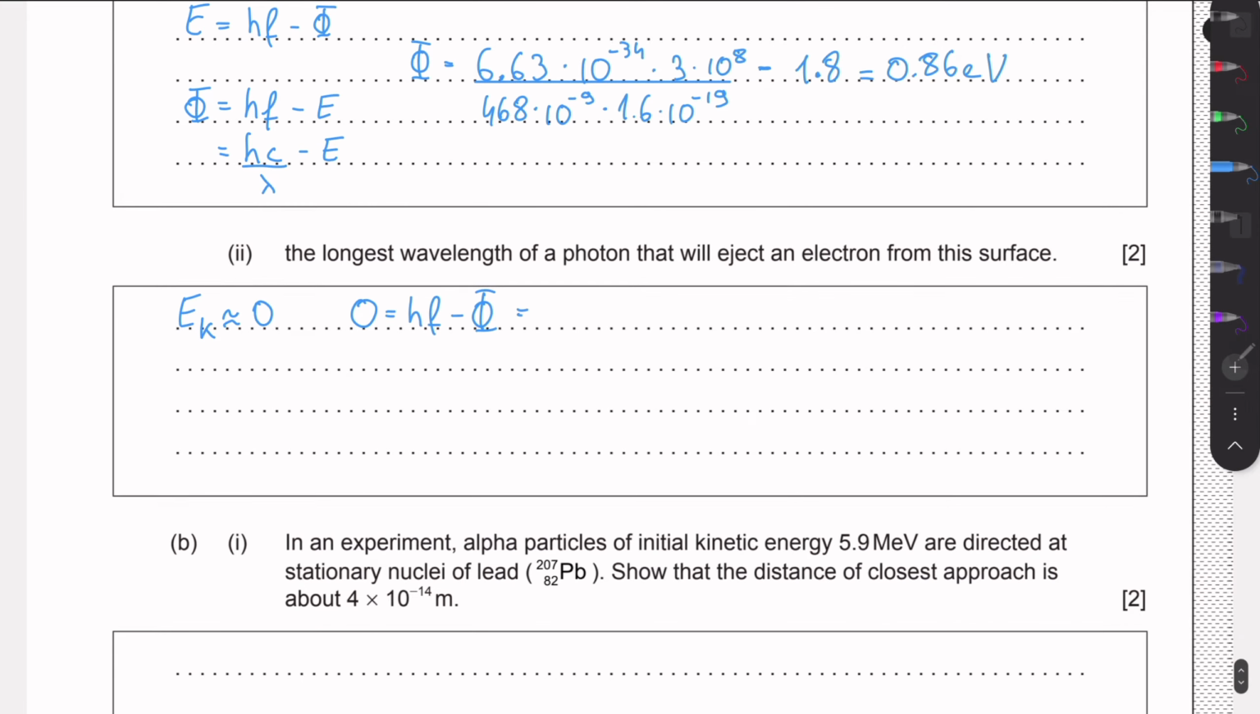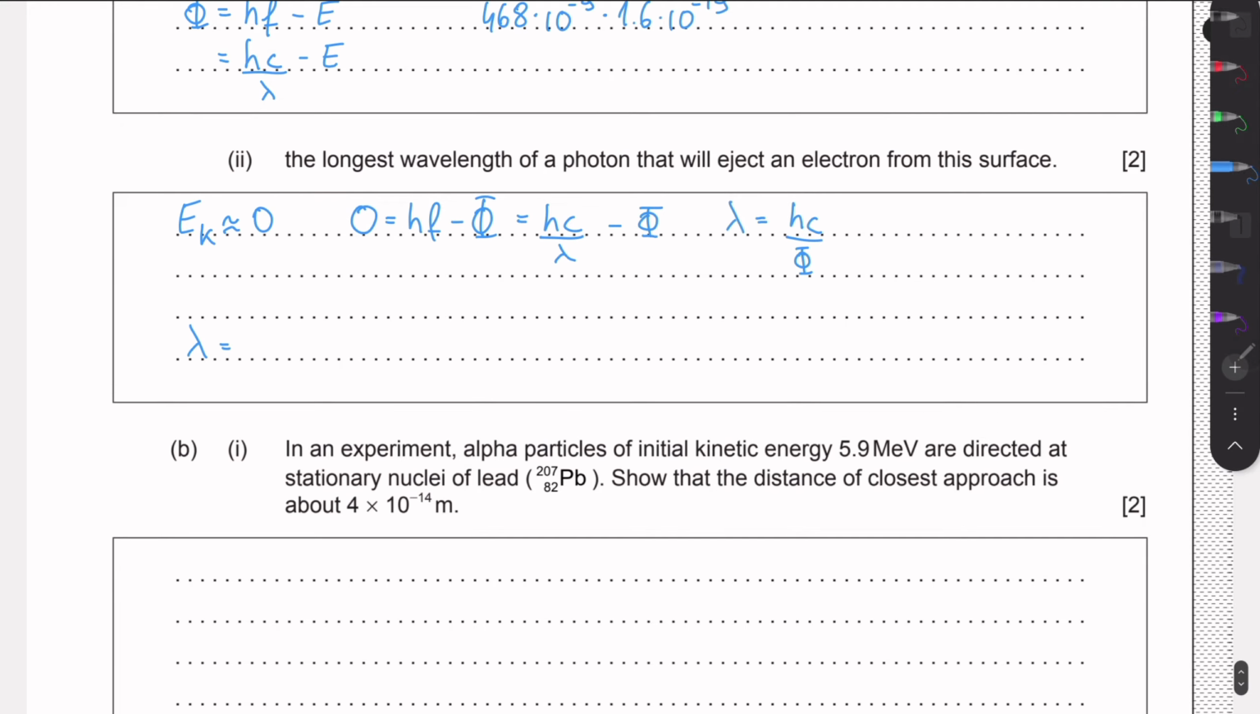So again, we can rewrite this with the wavelength, and then rearrange for the wavelength. This is going to be hc divided by the work function. And now we just have to plug it in. So lambda will be 6.63 times 10 to the minus 34 times 3 times 10 to the 8 divided by, well, the work function